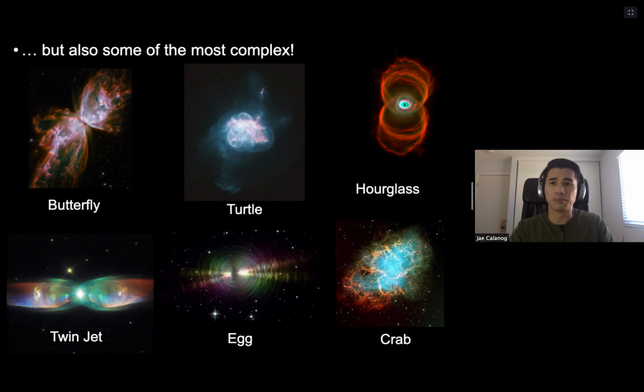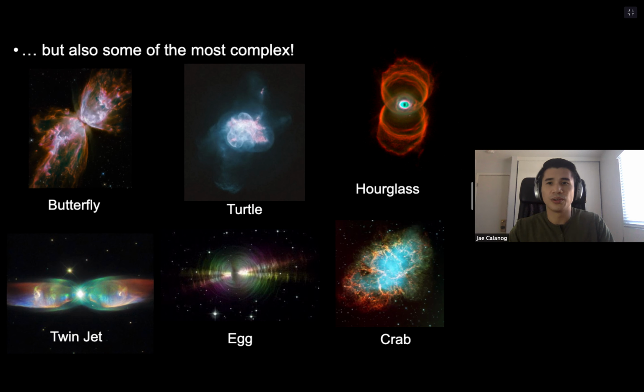So, if you look at the butterfly, the twin jet, and the egg nebula, you can see that there are basically these jet-like features going in opposite directions. And what we think, and again, this is still an active field of research, is that the reason a nebula can look more complex is because around a star you can have other objects, and as the star is shedding its outermost layers, those objects can also disturb that and cause the nebula to have a more deformed